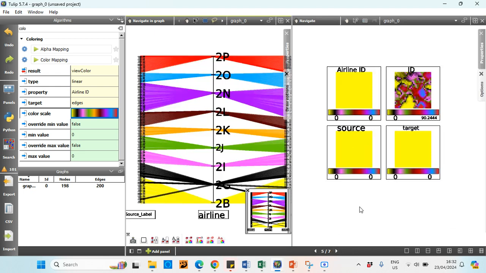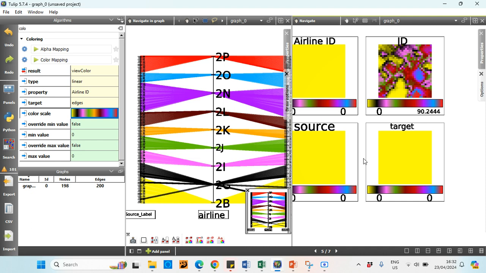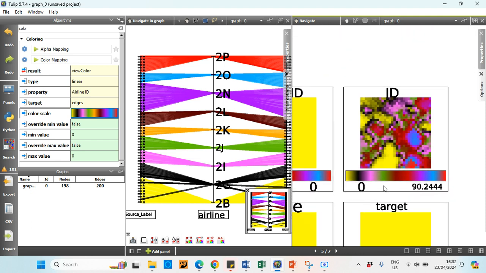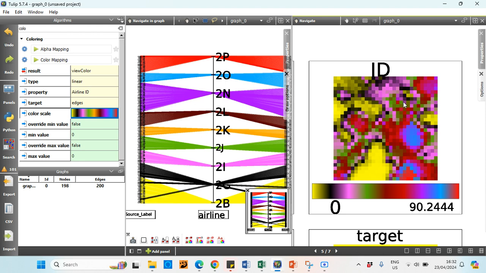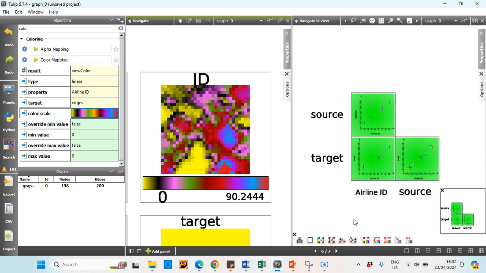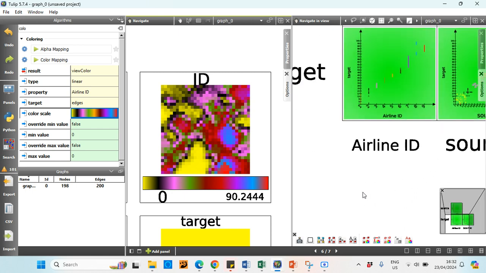And then this was just showing the distribution. Okay, this I can't explain so much, but this was just showing the distribution of the airlines. Can't talk much about that one. Then this scatter plot is showing the distribution between source and airline ID, and when I zoom in, you'll notice